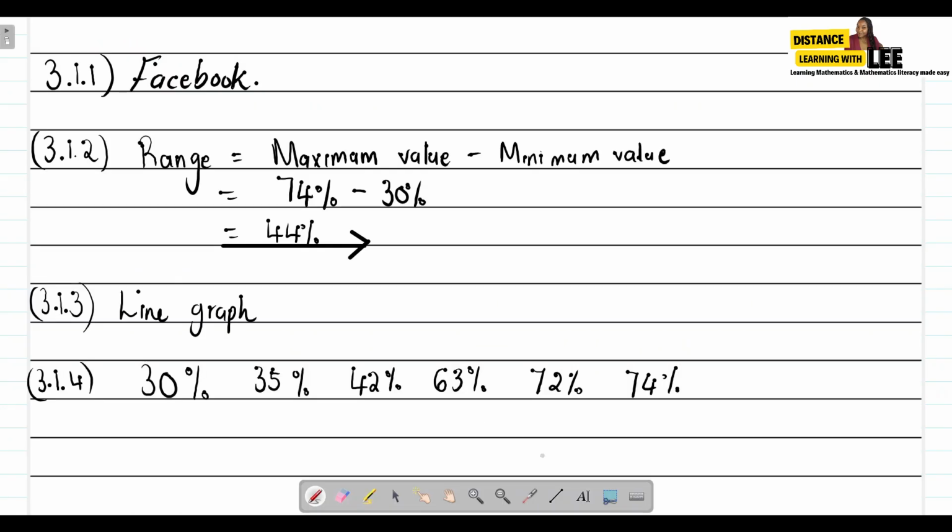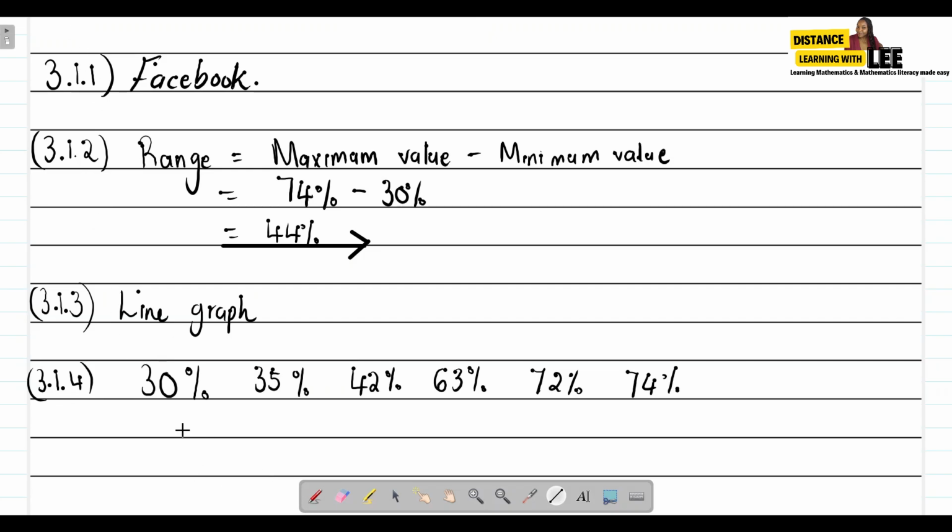From what you can see now, I've arranged this data in ascending order from the smallest percentage to the highest percentage. From here, we want to determine what the median is, or what the middle value is. We can either do this practically by just counting, or we can use the formula. I'm going to show you both ways: how we can do it practically, and how we can do it using the formula. Let's start off by using the practical method.